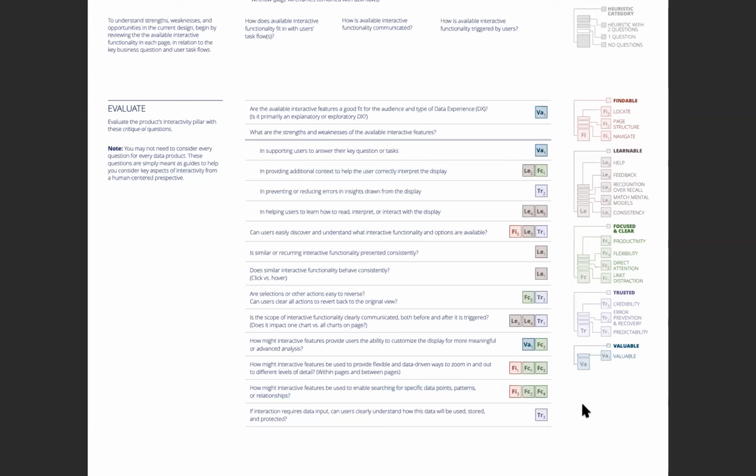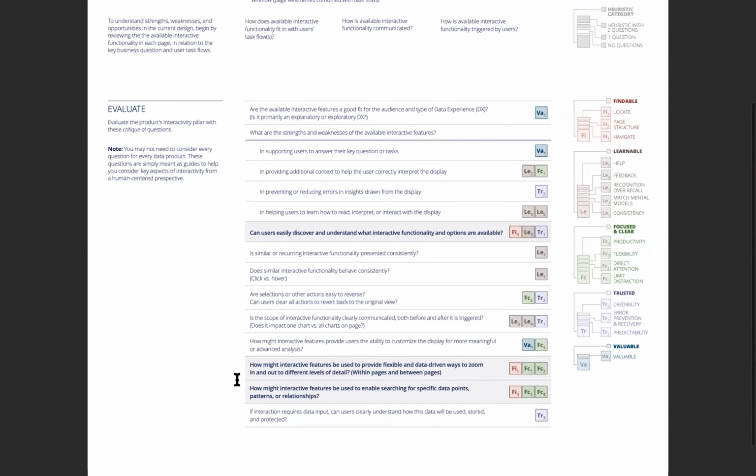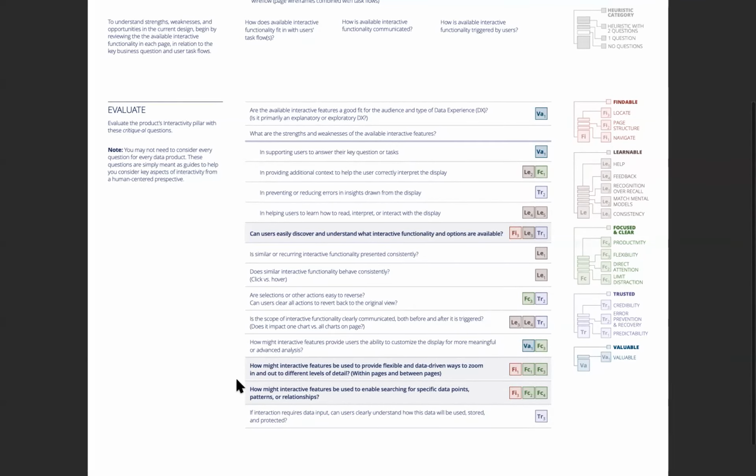So if you look at some of the other questions on this pillar, there are a few that relate to findability. I have them highlighted here. And this is in terms of the interactivity layer. It's about helping users to search and locate information, so our interactions supporting users in that.